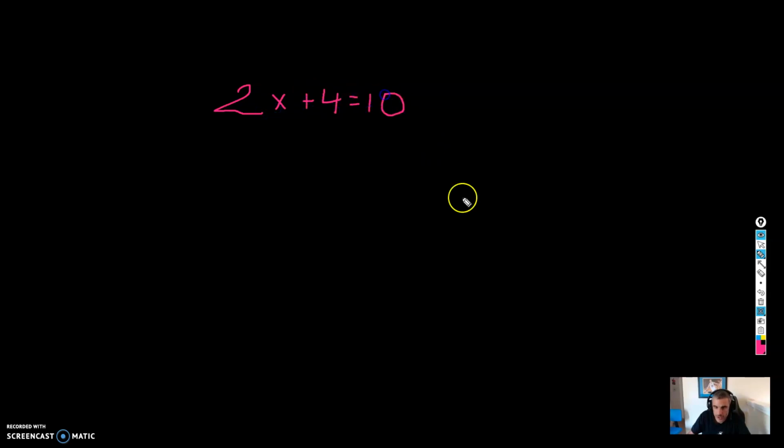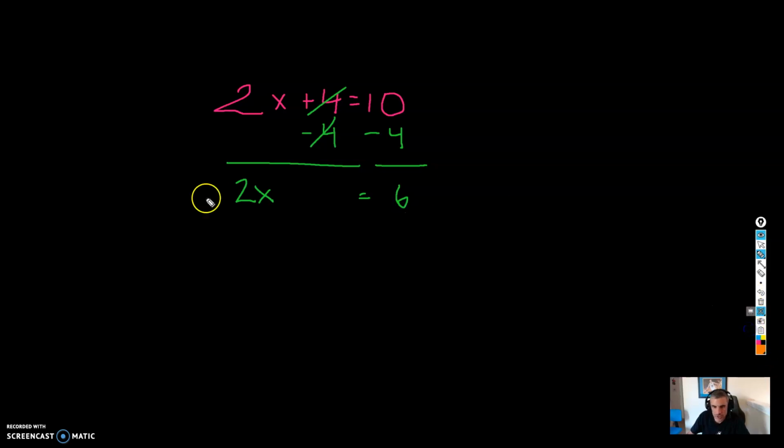All right, I'm just going to use a regular old blackboard today. The first type of equation I'm going to do is one that you're used to. This is a two-step equation. 2x plus 4 is equal to 10. No big deal, right? And I'm just going to go ahead and solve this really quick. I'm going to subtract 4 from both sides. Those cancel. I get 2x is equal to 6. And my last step would be to divide 2x by 2, divide 6 by 2, and I get x is